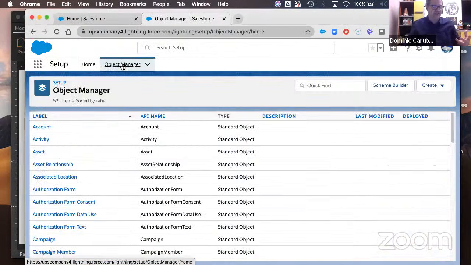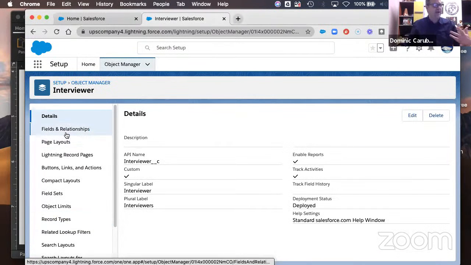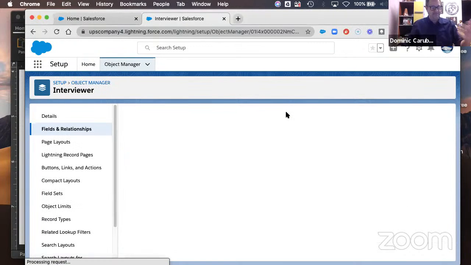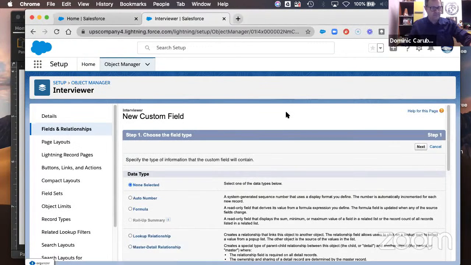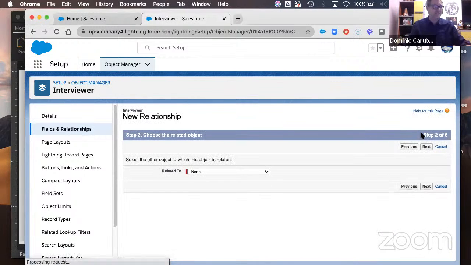So a master detail relationship, the difference there is that it creates a required parent for the child. So if I create a new field, and you can really only do it on a custom object, standard objects already have their master details. We want to relate this one to